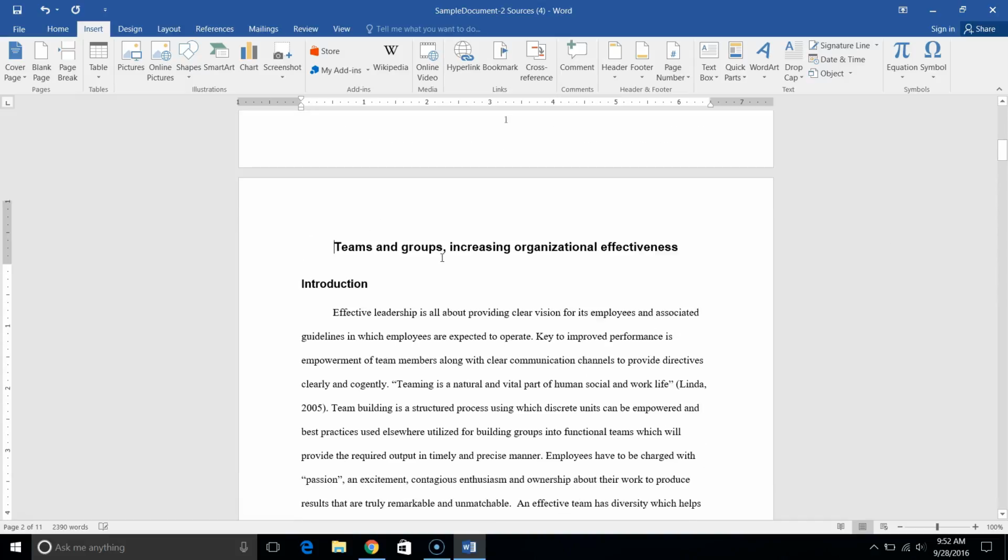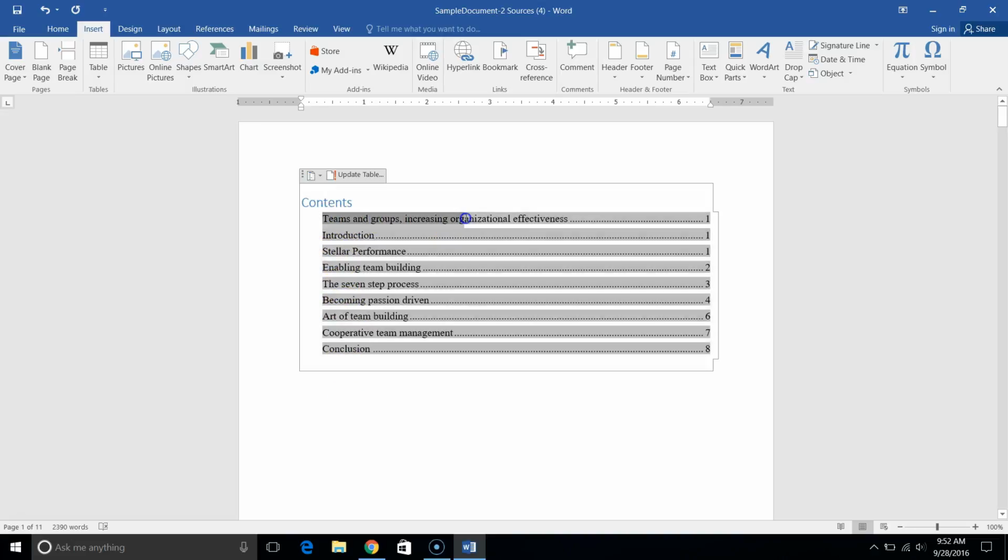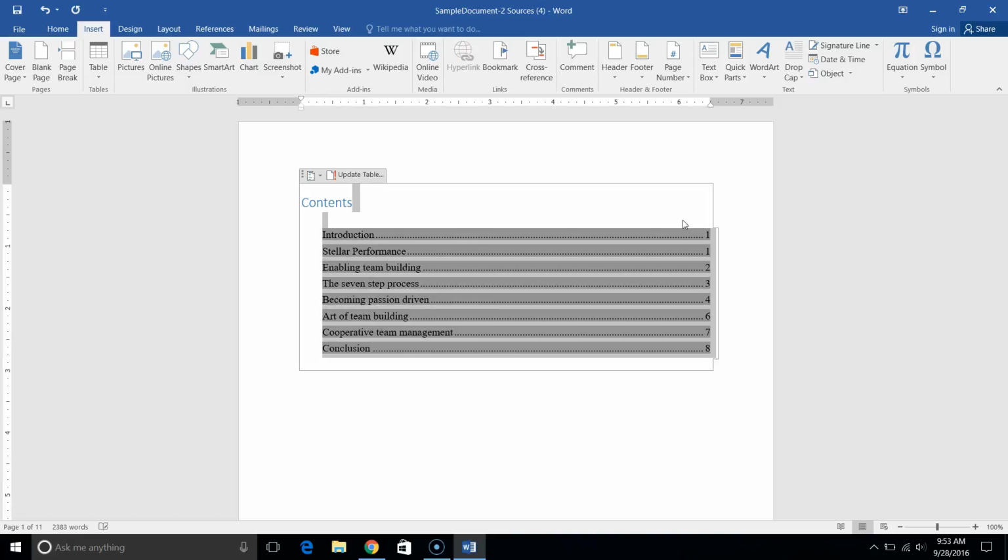Notice the introduction is on page 2, but right here it says that my introduction is on page 1. It also lists my title of the paper as one of the sections of the paper. So I'm going to delete that title because it doesn't have to be there. It's not actually one of the sections of my paper. Notice I could just backspace it out just like you would do with any text anywhere in your paper. Okay, and then the other thing that I'm going to do,